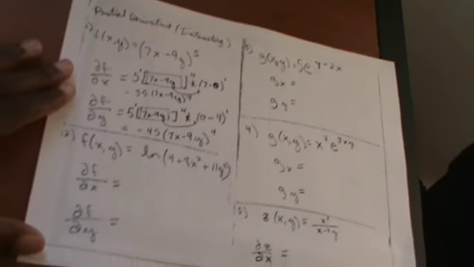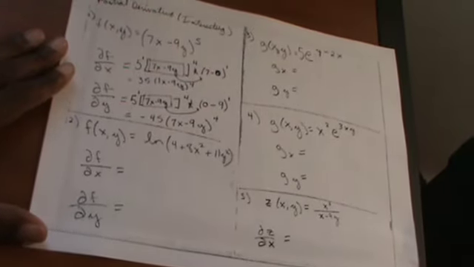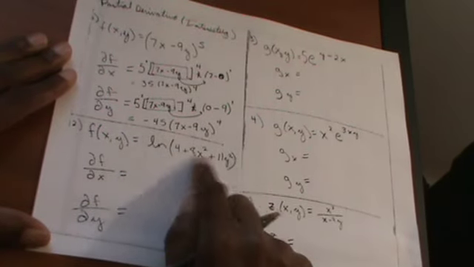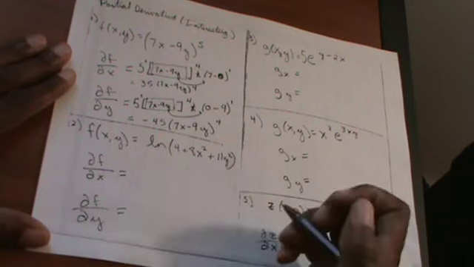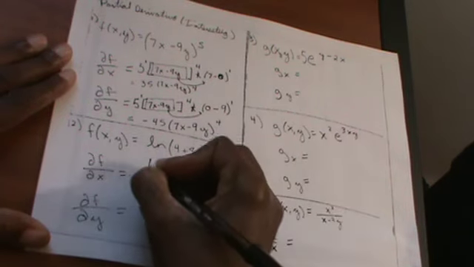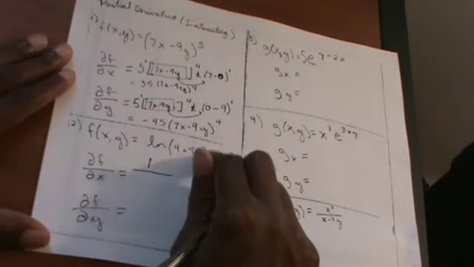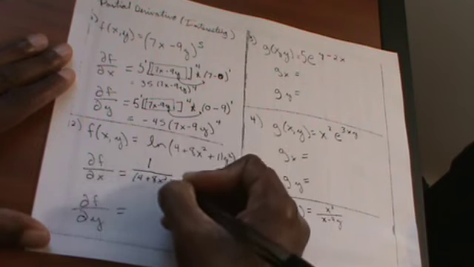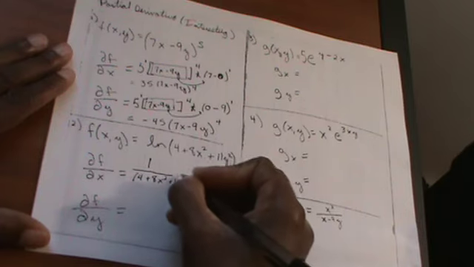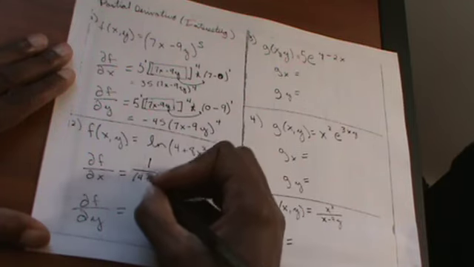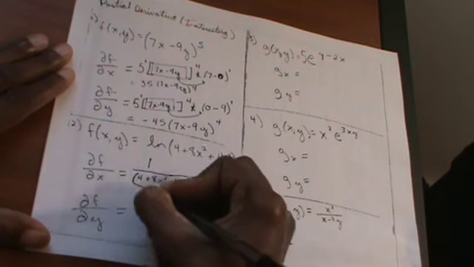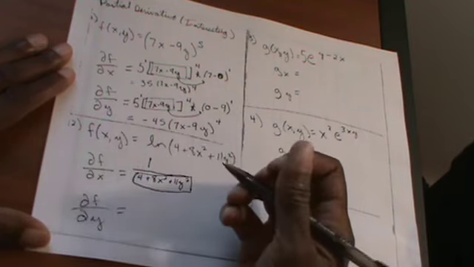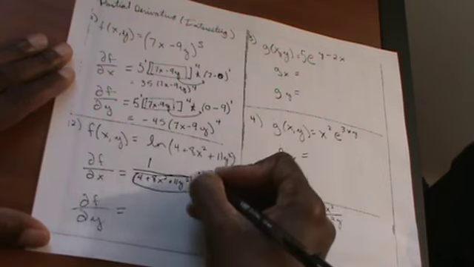Okay, so let's look at the second problem. And you'll notice this, if I read this out loud, it'll be the natural log of this chunk of information. So I know how to take the derivative of the natural log. That's 1 over whatever happens after the natural log. So 4 plus 8x squared plus 11y squared just drops to the denominator, right? There we go, there's my brick. I didn't do anything to that other than drop it to the denominator, times